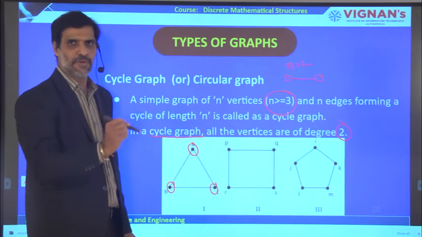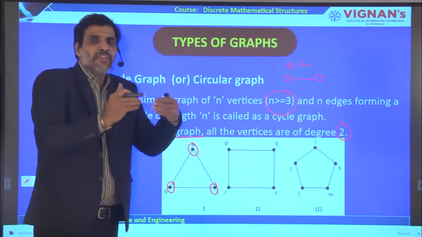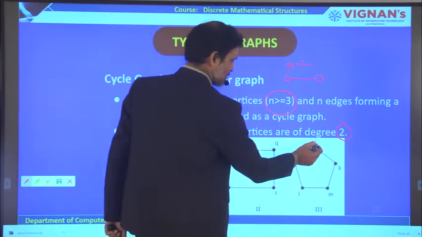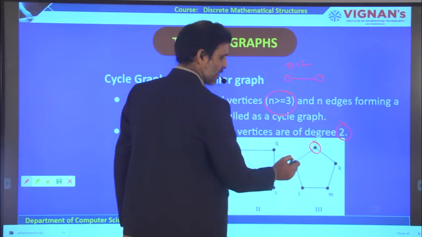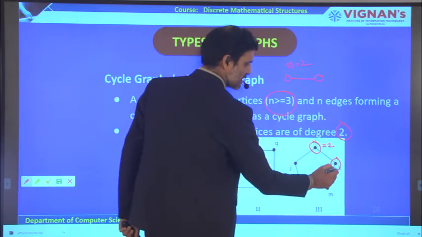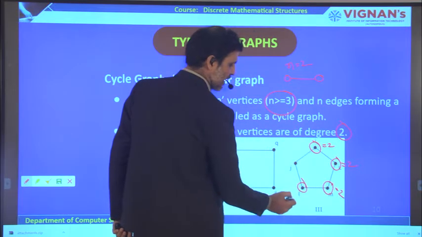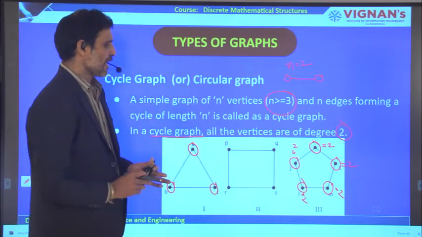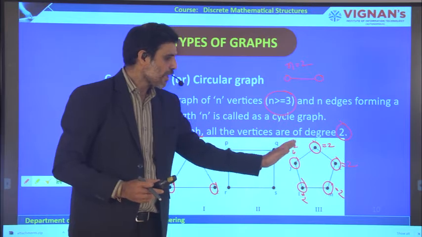In a regular graph, every vertex must have the same degree, here 2. It is one of the examples of a regular graph. Why? Because we already discussed these two. Let us go through this particular graph. What is the degree of I? It has adjacent vertices equal to 2. Similarly, you can go through K. What are the adjacent vertices? I and M. So it is equal to 2. For M it is equal to 2, for L it is also equal to 2, and for J it is also equal to 2. So if you take the degree of each and every vertex involved in the given graph, all are equal to 2.